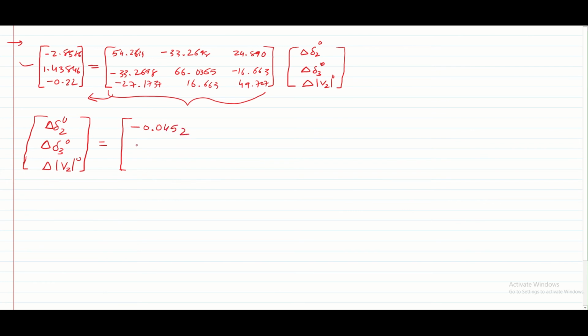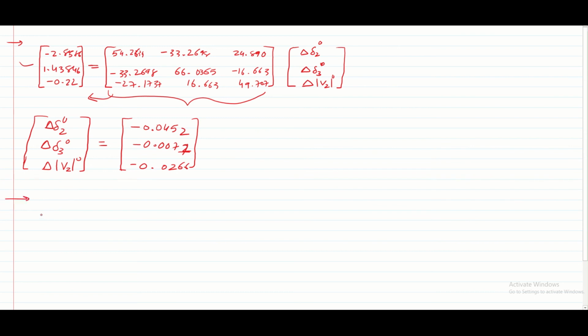0.0452, minus 0.0077, sorry, and minus 0.0266. Clear? I hope you have clear up to this, that this is just a procedure that we have already discussed. Okay, and we need to just follow the procedure to calculate the example.